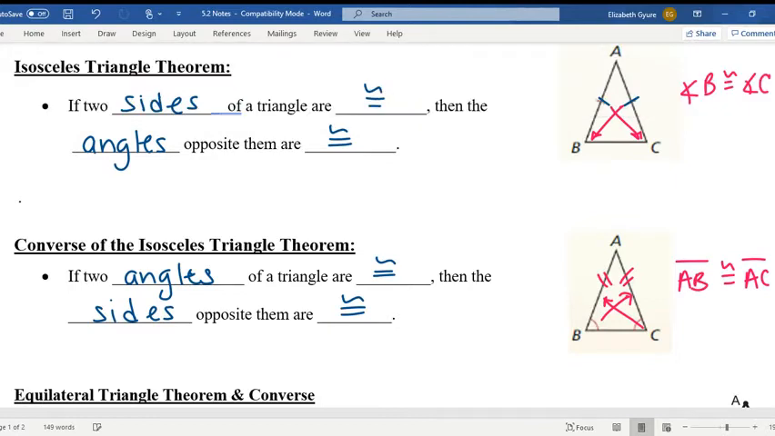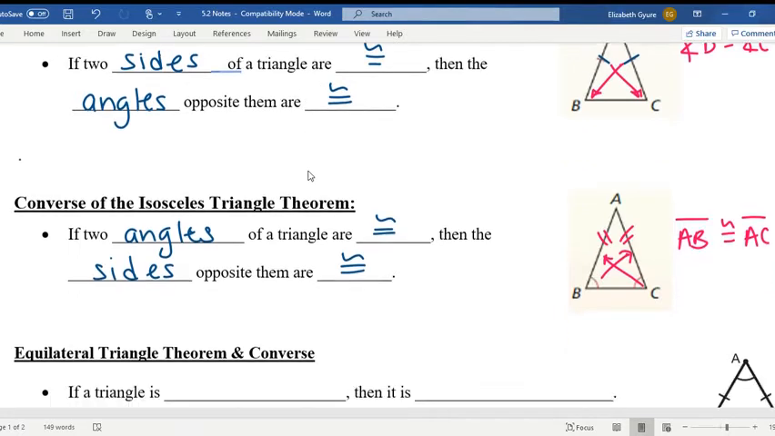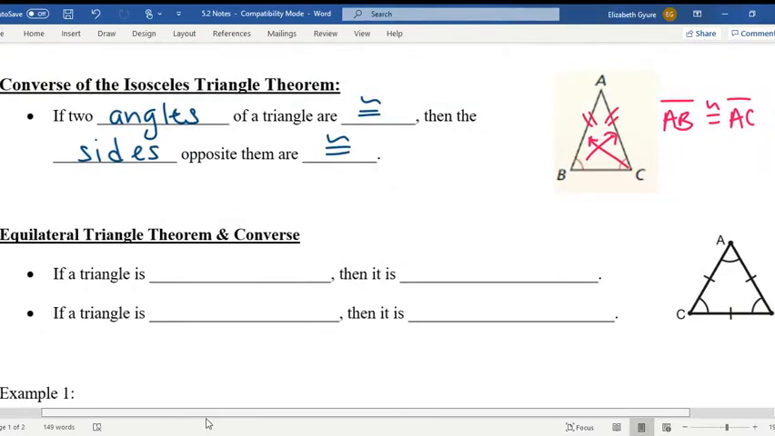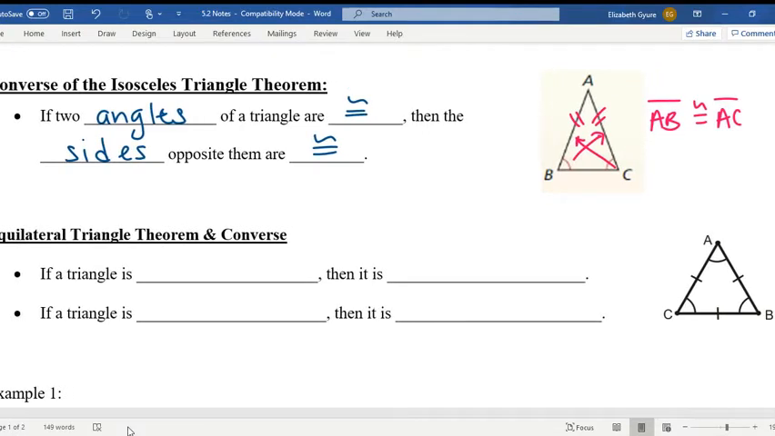All right, questions about that yet? Pretty straightforward so far, yes? Hopefully. Okay. Then we have the equilateral triangle theorem and its converse. We actually already talked about this too. As I said, it's stuff we've talked about, we're just actually applying it now. Remember from last class,